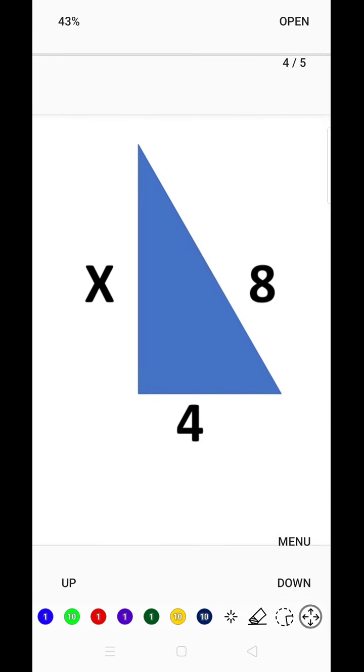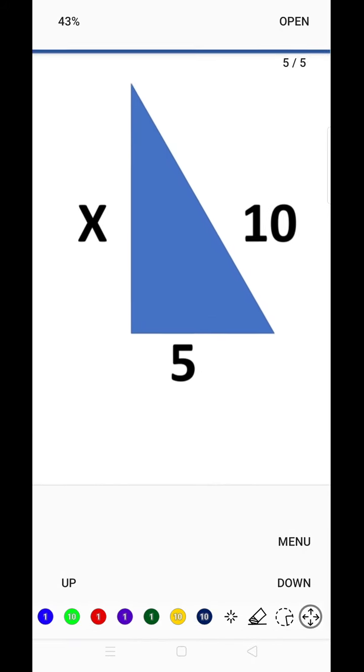Here also I am taking the example of a right angle triangle. The shortcut applies only to a right angle triangle. One condition is that it is a right angle triangle. The second condition is that the hypotenuse should be double the base. The hypotenuse is 8 and the base is 4. I hope now you have got the shortcut. So what will be x? X equals 4 root 3, because the base is multiplied by root 3. Shall we go for the next one?